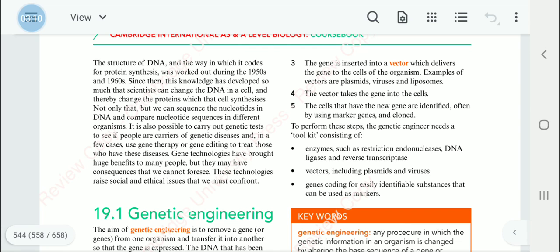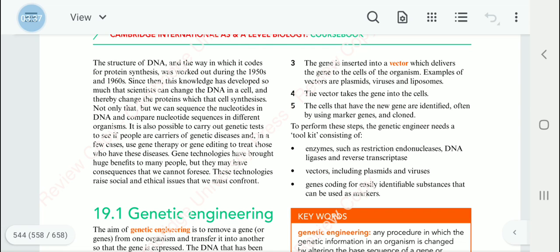But they have cloned animals as part of experimentation, but because there are ethical and social issues,